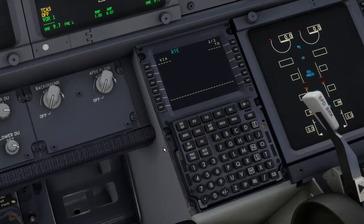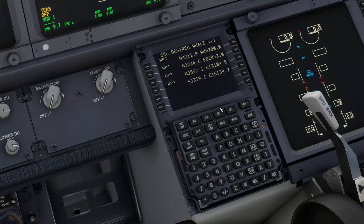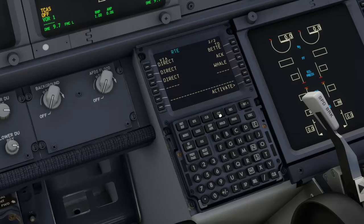So let me go ahead and type this in. Our first waypoint is going to be Betty. So direct Betty. Then Nantucket, which is ACK, or Alpha Charlie Kilo. Next waypoint, if I look at my plan, is going to be Whale, spelled exactly like it sounds. And which whale do we want? Because there are several whale waypoints. I want what looks like 4211, this one. This will be it. Okay, so now we're going to do a route, which is November 193 Alpha to